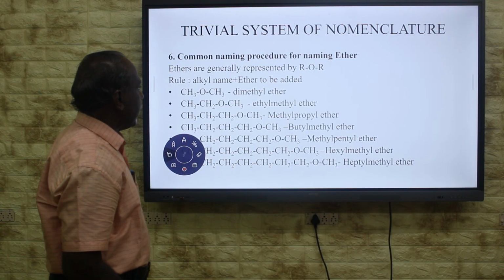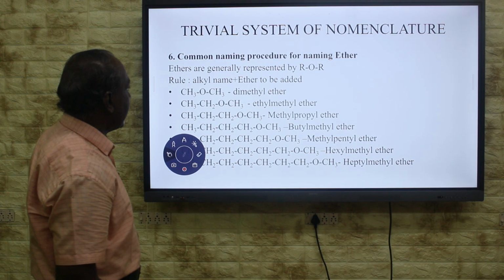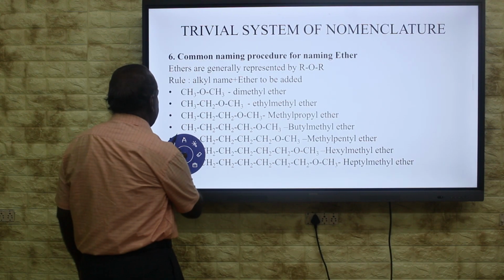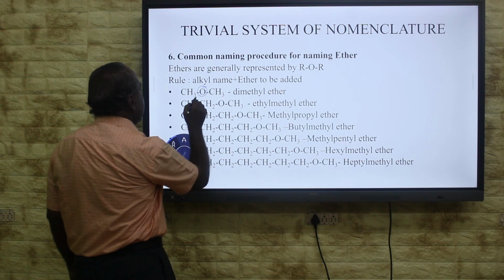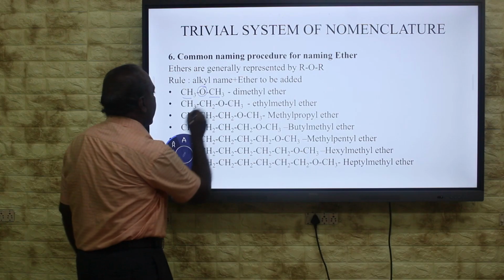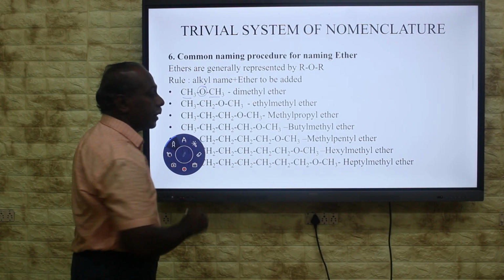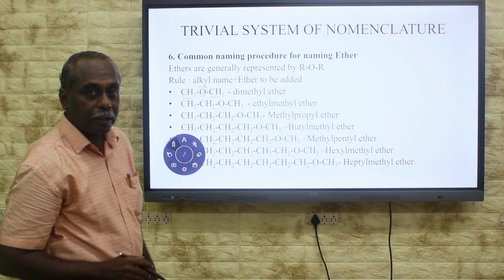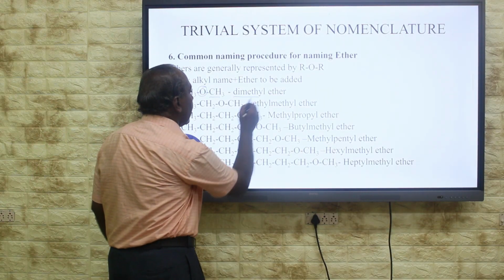In a similar manner, we can also write the trivial name for ether. Alkyl name plus ether is added. In the first member, listen here, the ether functional group is oxygen. Either side of oxygen is connected with an alkyl group. Here one alkyl group, here one alkyl group will be there. One side methyl group, the other side is also methyl group. There are 2 methyl groups connected with the oxygen. The 2 methyl groups are represented as dimethyl